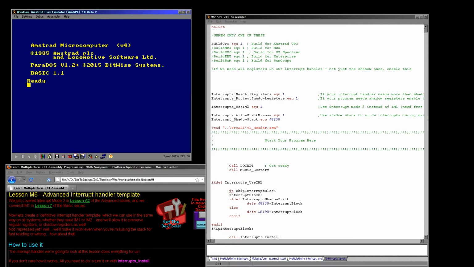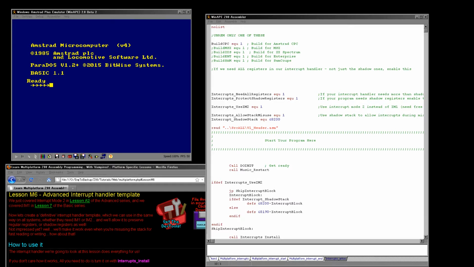Well, a lot of the systems, the way that my default toolkit are set up, leave the ROM into bank 0, the first 16K of the Z80's addressable memory, and because Interrupt Mode 1 needs access to that, it's more convenient for me to use Interrupt Mode 2 for these examples, but we can very easily switch the interrupt mode we're working with. So anyway, that was the Amstrad, and today's example does work on virtually all of the other